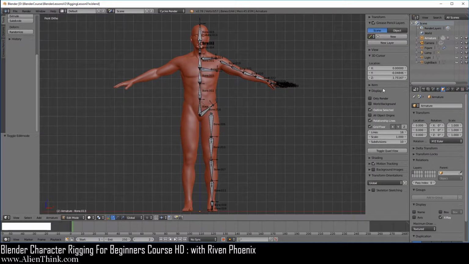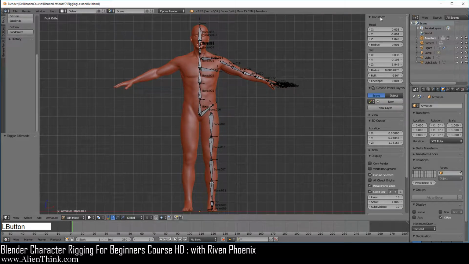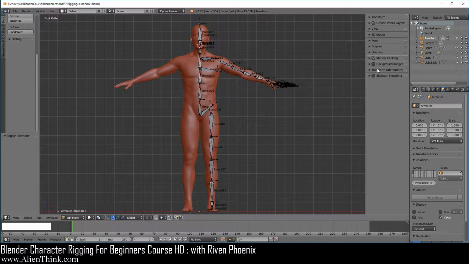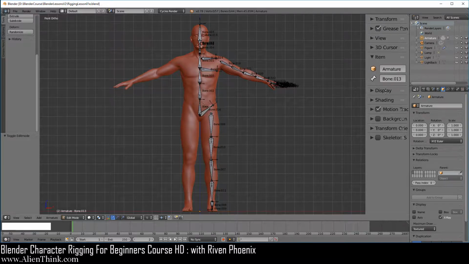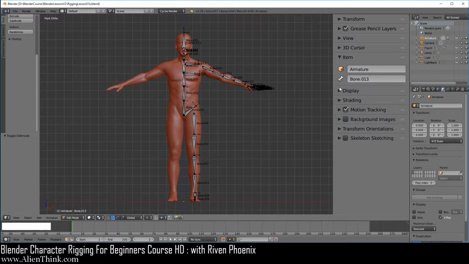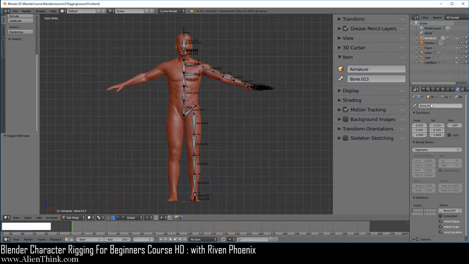Okay, now for the sake of these tutorials, I'm going to zoom in over here so you can see what it is that we're doing. So here I'm just going to click on this and then press the left mouse button down and quickly drag it down. Click on the item. I'm going to press the Control key and middle mouse button to just make this a little bigger so you can see the name of the bones, and just expand this over here. Now remember, you can name your bones over here or you can rename them on the actual bone tab.